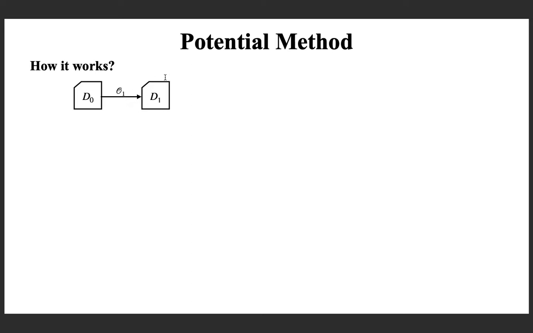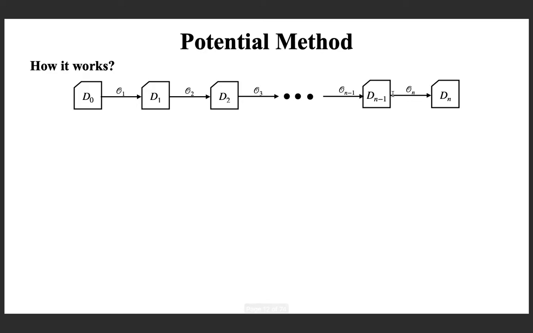It will be the instance where one element is present in the stack. So that is D1. Now we generalize. After that, on the second instance, you are performing the second operation, coming to the next instance, and likewise you can proceed. And then if you look at the sequence of instances produced by the sequence of n operations, you can consider it like this.